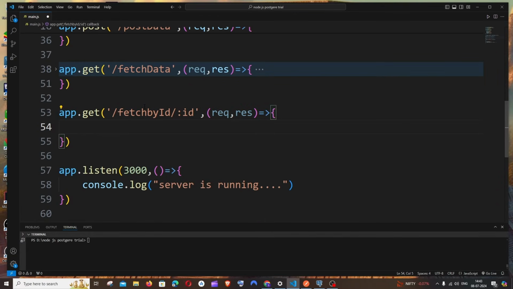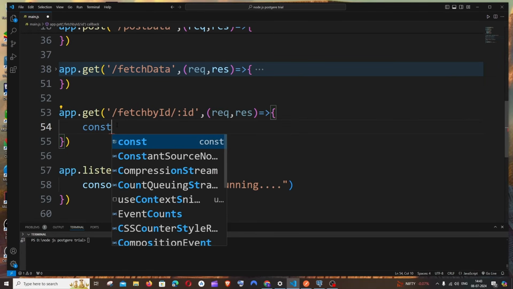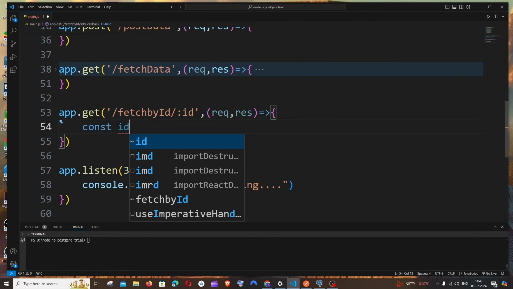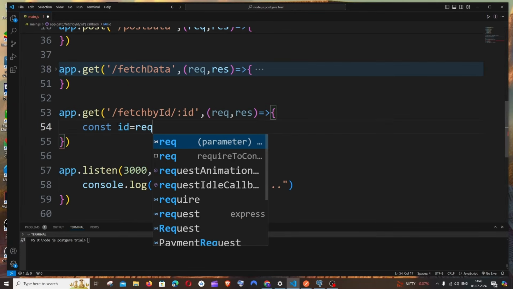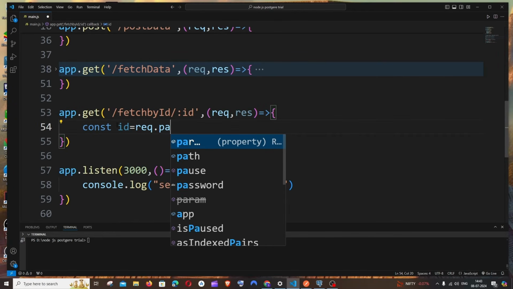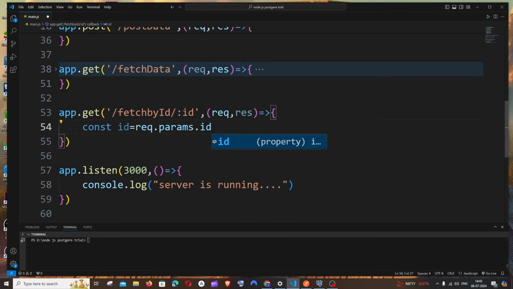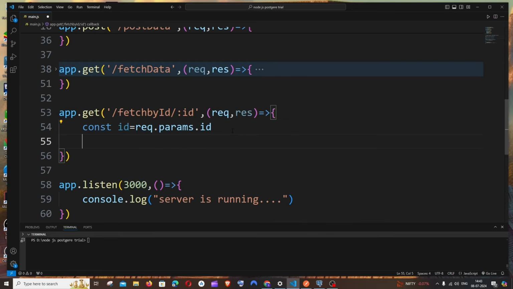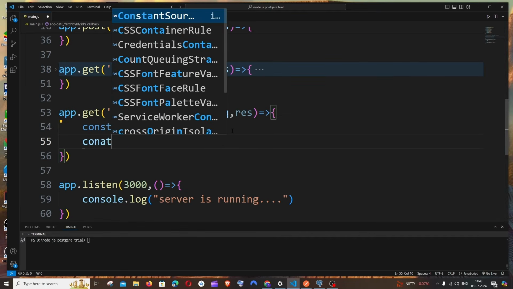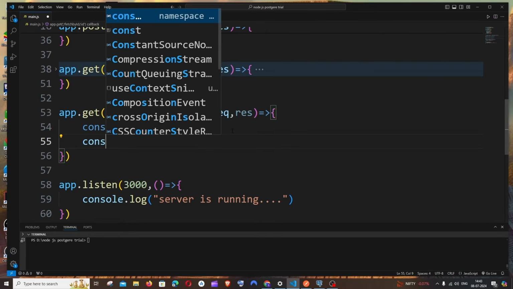This is fine, and next we need to access this ID from the URL. So for that, let's have a variable. It's going to be const id equal to request dot params dot id. So this variable needs to match with this one. Okay, you can have this as anything. And next we need to construct our query. So it's going to be a simple SQL query. So let me just have const